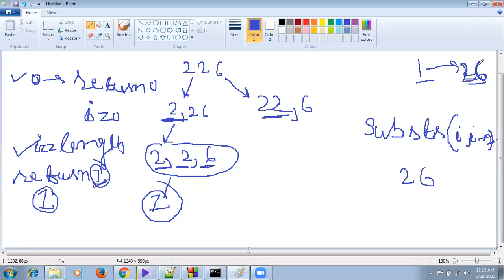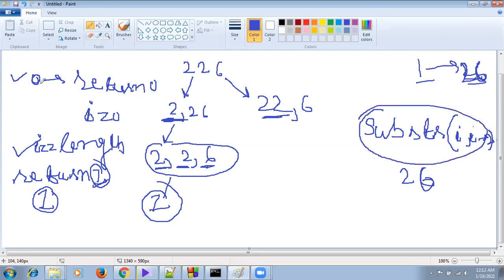After 26, if 27, then we cannot decode, because the limit is we can decode only 1 to 26 digit into alphabet. So we have to also check that this digit is not crossing 26. Okay, so that is our third.